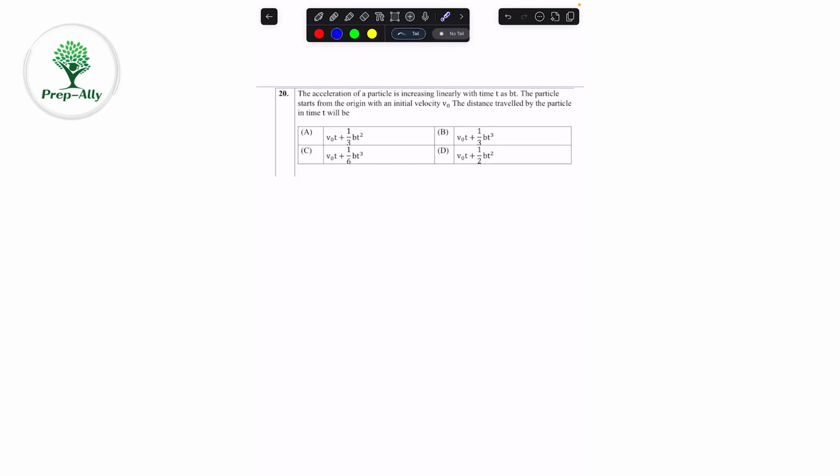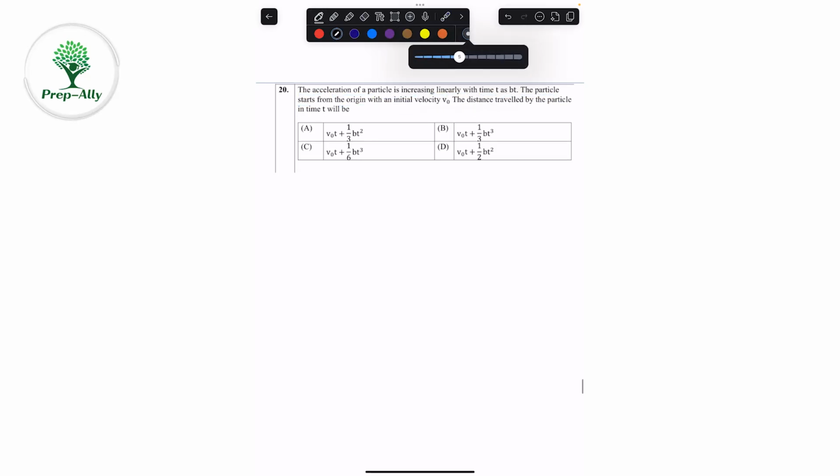Now we are going to solve 20th question of PAVE exam. In this question it is saying the acceleration of a particle is increasing linearly with time as bt. The particle starts from origin with a velocity of v0. The distance traveled by the particle in time t is. So what we are saying is